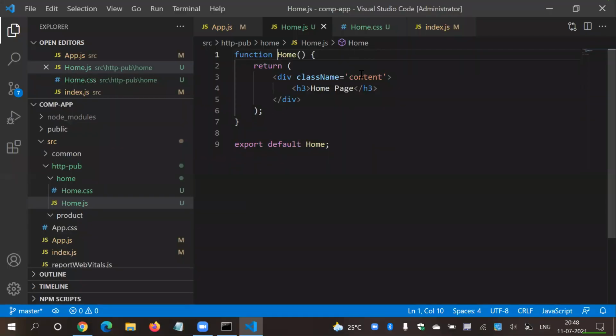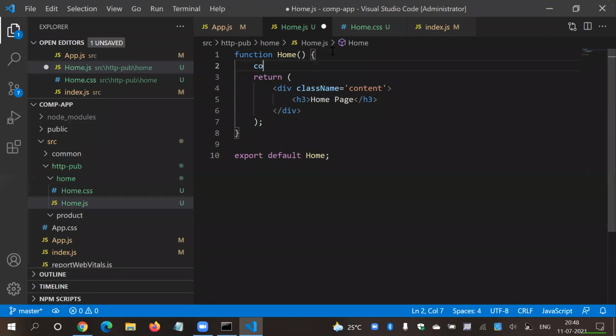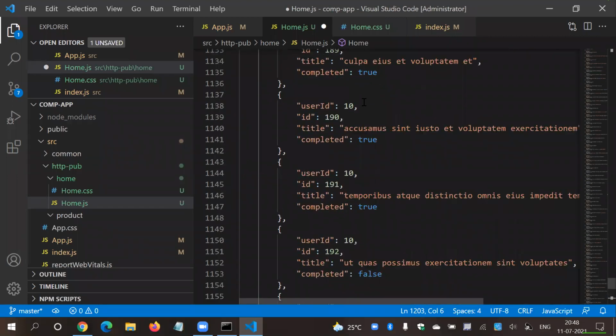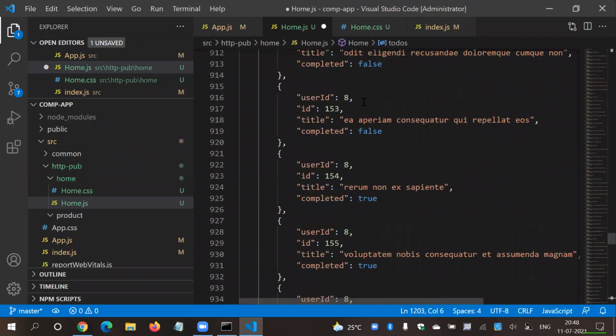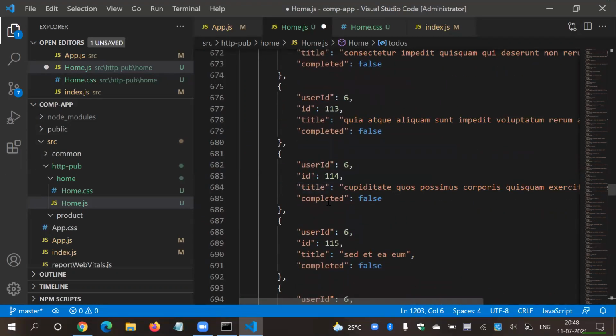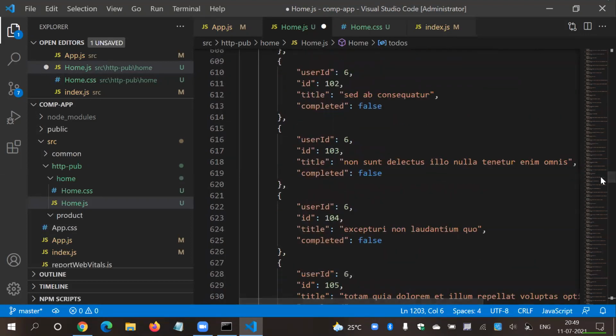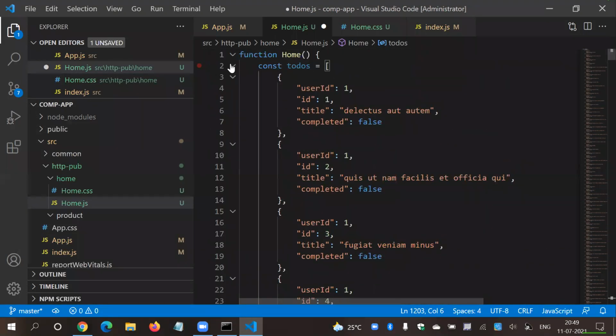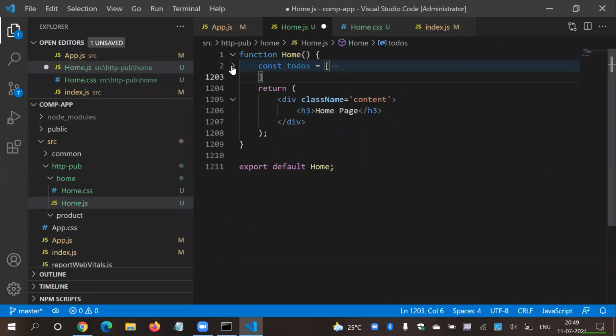So what I'm going to do here, I'm going to declare my constant, and here I will say todos is equal to this array. Which is having a huge set of array, but just keep in mind there is a user ID, title, and completed, whether it is completed or not. So let me hide this part. You can simply use these arrows to show and hide a part. Even if you have a number of lines, you can simply wrap it up, close it up like this.